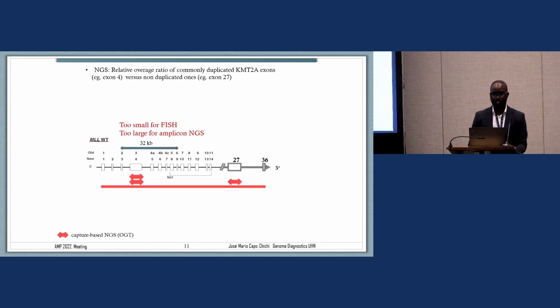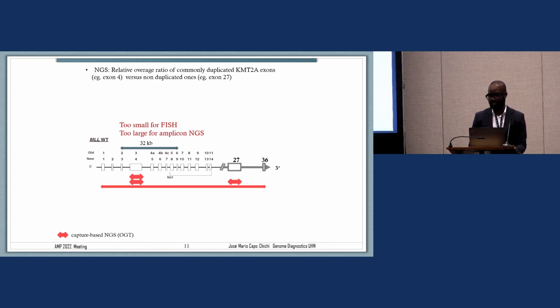So with OGT, we were using a capture-based NGS protocol with probes covering the entire coding region of the KMT2A gene, which allowed us to infer the presence of a partial tandem duplication by calculating the relative ratio of commonly duplicated KMT2A exons, such as exon 4, over non-duplicated KMT2A exons,